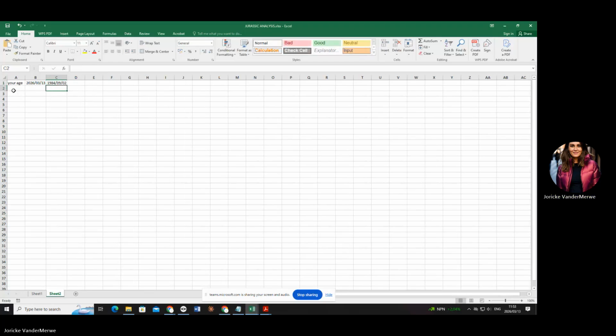Okay. Now look here. Both of those are dates. Now, if I say equals today, which is the answer of today, and I subtract the year she was born, it's going to give me the answer in days. She's 15,167 days old. Are you with me? Then I have to go.